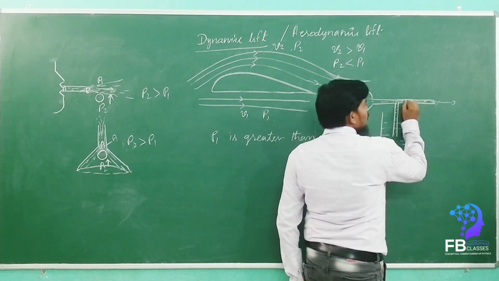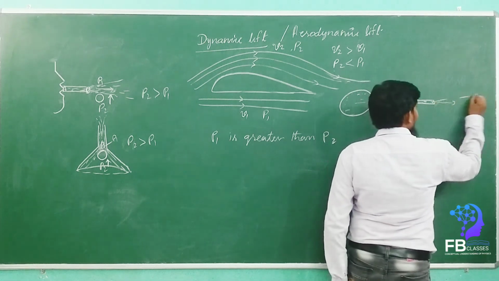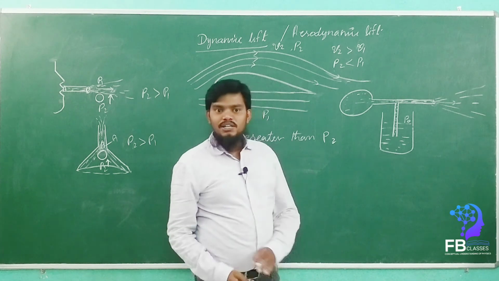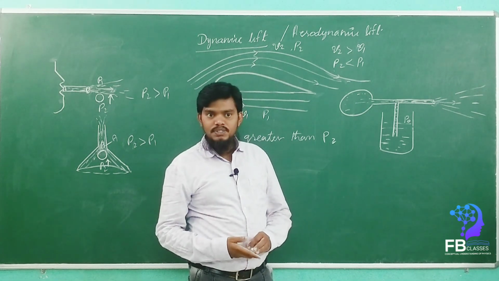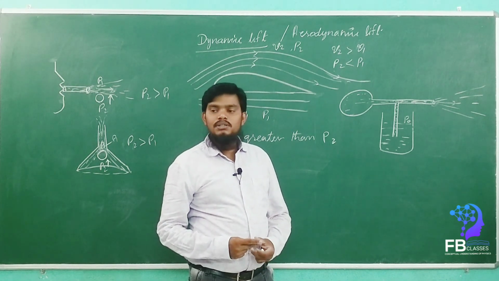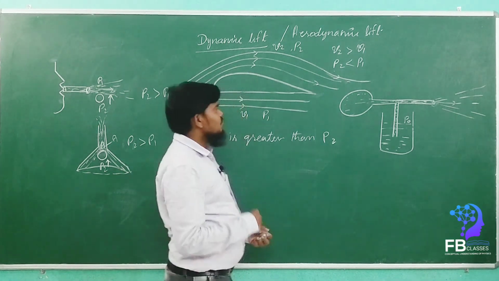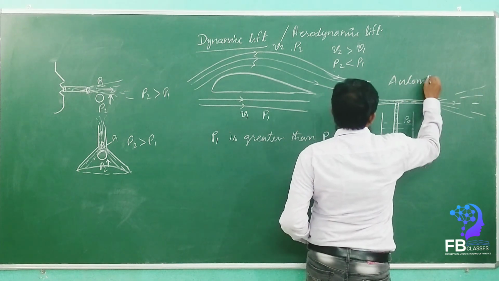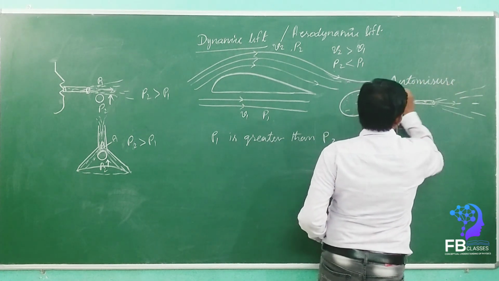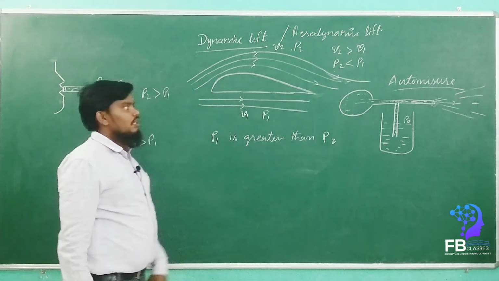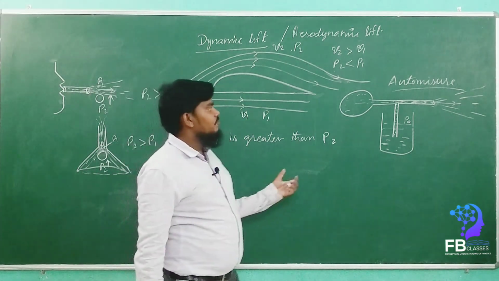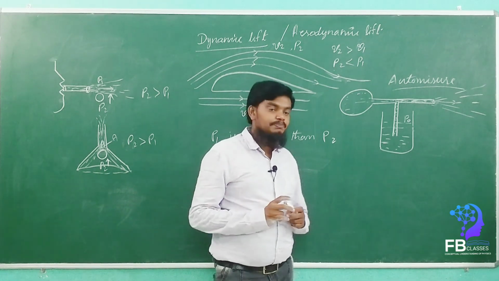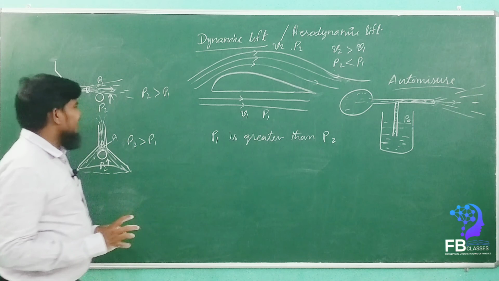Then due to the more pressure of the air, what will happen? It will spray. It will go like a spray. So this instrument we can call an atomizer. Are you getting my point? Understand? Got it, everyone? So the atomizer is also an application of Bernoulli's theorem. Got it? Are you getting my point? Then there are many things.